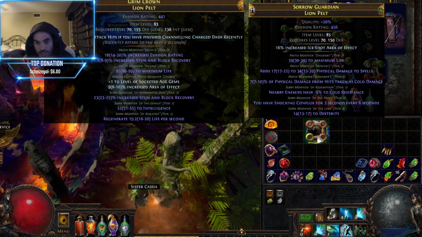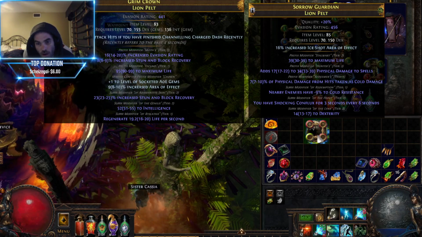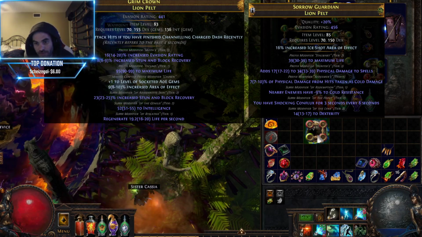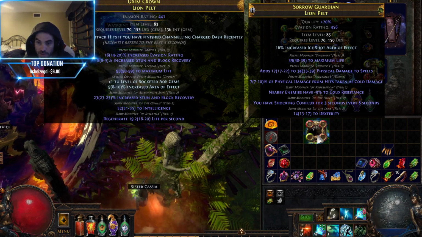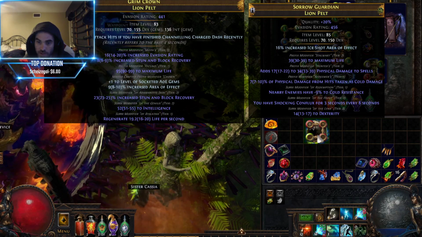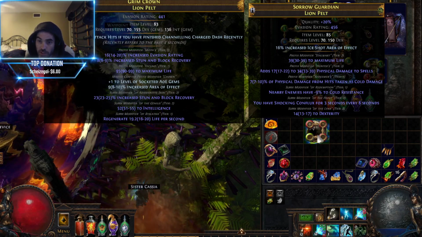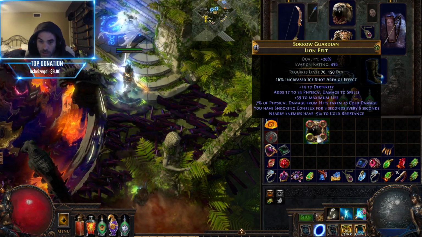Okay, let's see. Hmm. Okay, so I have physical damage to spells, which does nothing for me. The cold damage, cold damage taken, physical taken as cold is actually pretty good. The bottom's good. I have no open slots. This puts me in kind of a rough spot because